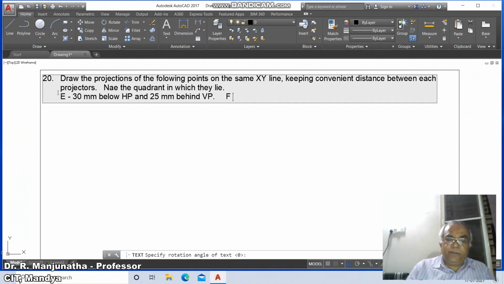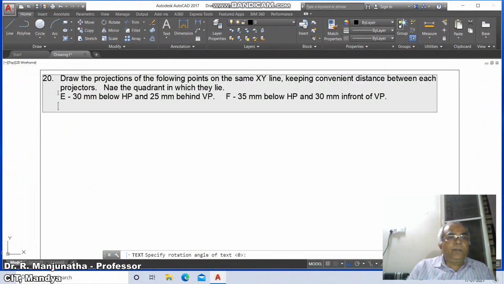Then capital F, 35 mm below HP, and 30 mm in front of VP. G on HP and 30 mm in front of VP.